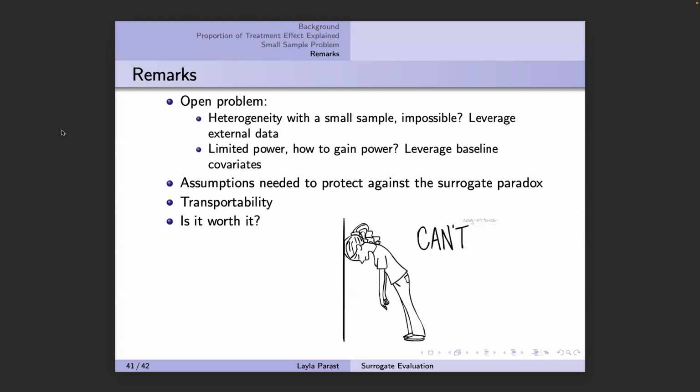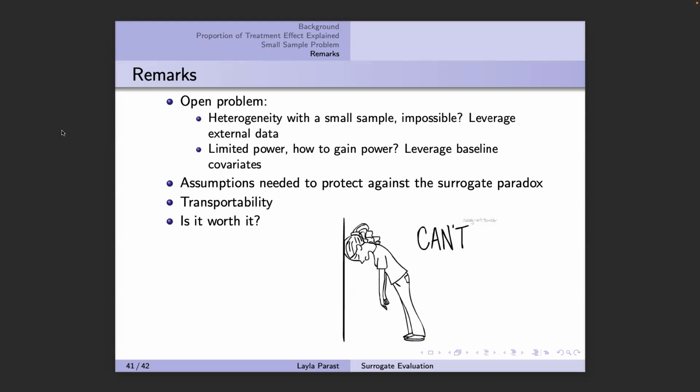There's also the transportability piece, which I glossed over and is a whole separate thing, but is a huge issue. And a lot of people, ourselves included, are working on that. And lastly, I was talking to Peter about this earlier, but it's easy to get to this point where you feel like, is it really worth it? Because there are so many assumptions that we have to make, or you have to make parametric assumptions, or you have to do both. And there are articles coming out all the time. There's just one that came out in JAMA that was like, we shouldn't be using surrogates, surrogates are making us make all these wrong decisions. There's no good evidence for surrogates. So it can feel kind of